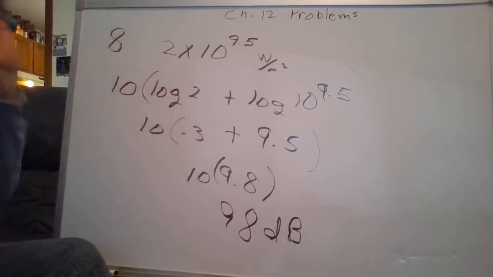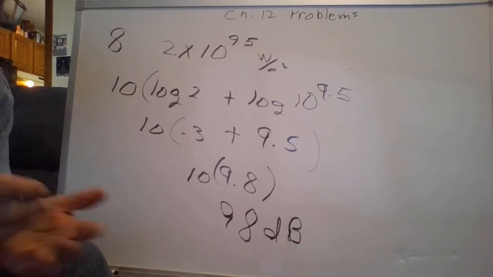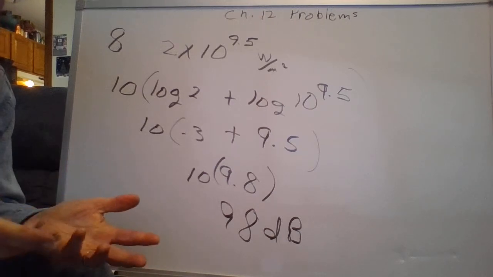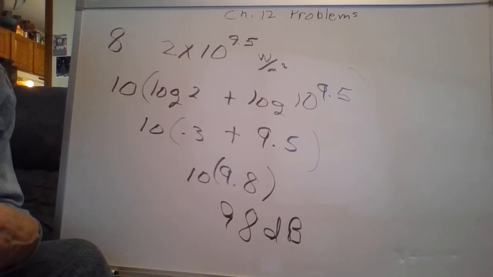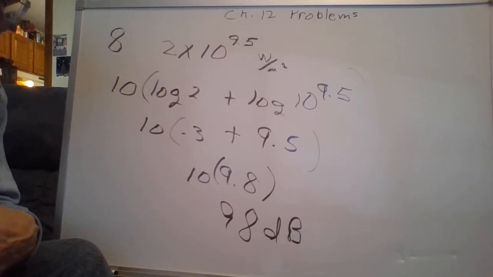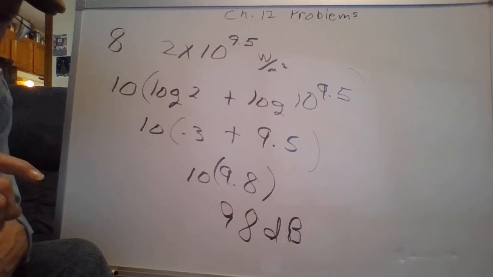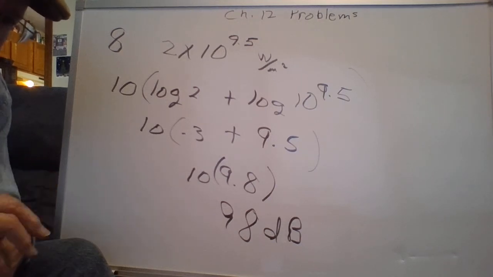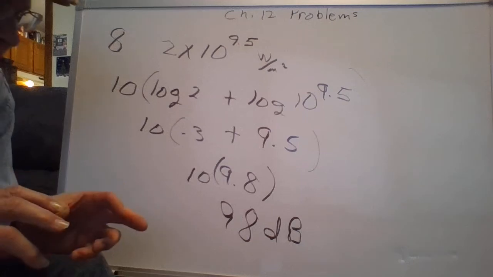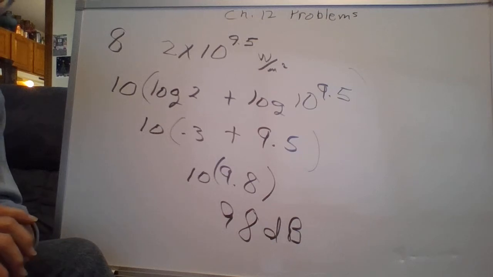But this works with choirs and bands and everything else too. When we double, we gain 3 decibels. You might wonder how much louder is 3 decibels. It doesn't sound that much louder. Well, it's twice as loud, but it's because of the way our ears hear things. Our brain actually does the hearing. We hear logarithmically, and we perceive very little change. 3 decibels is a perceptible change, but when we hear twice as loud, we don't usually think twice as loud. But it actually is 3 more decibels.